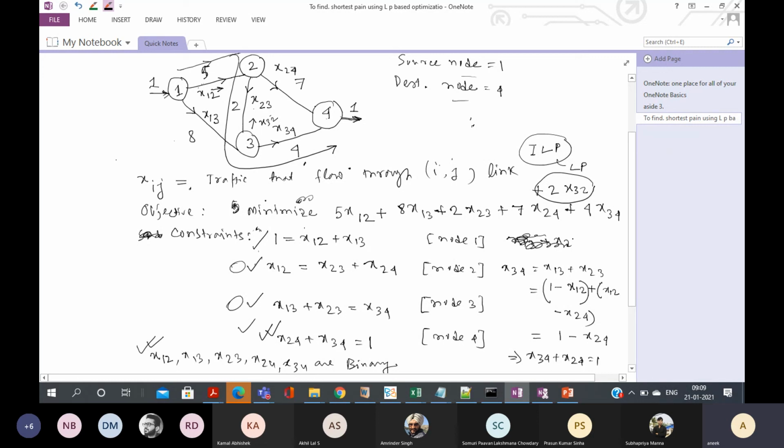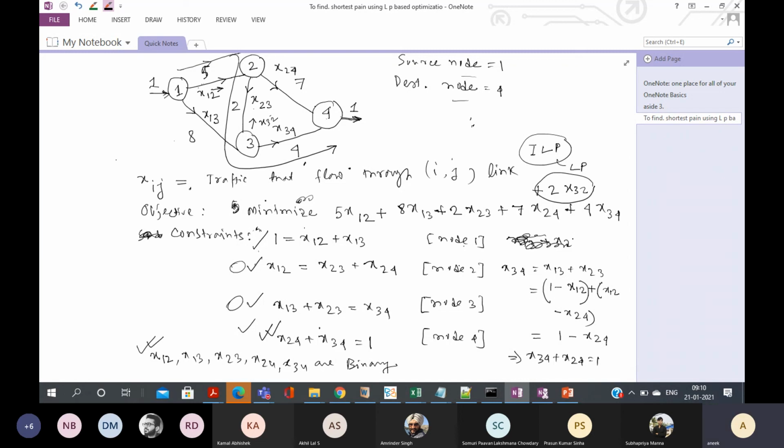And you can play with different graphs. This is one topology I have seen. But let's say I change the topology such that the path should be 1, 3, 2, 4. That means you have to change the link weights so that 1, 3, 2, 4 is your shortest path. Then see whether the current formulation works or not. And with this modified graph, you can verify that the new formulation I am suggesting would work.